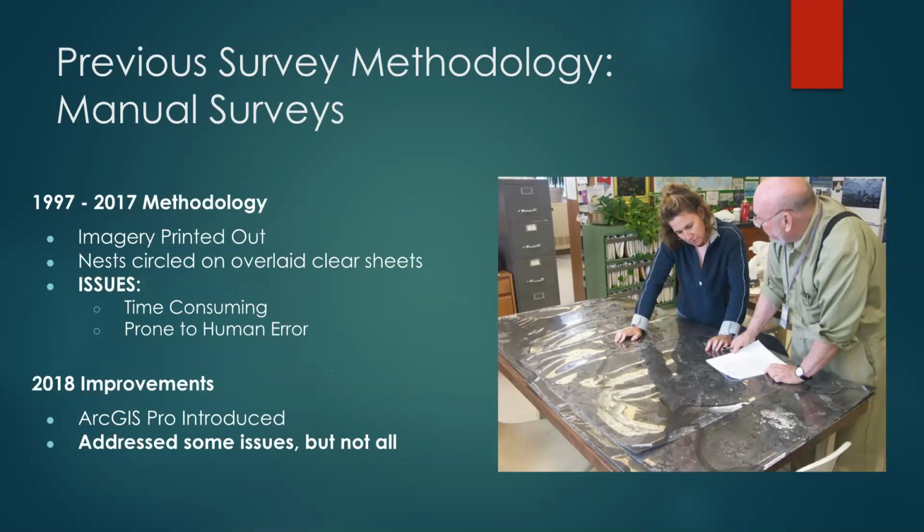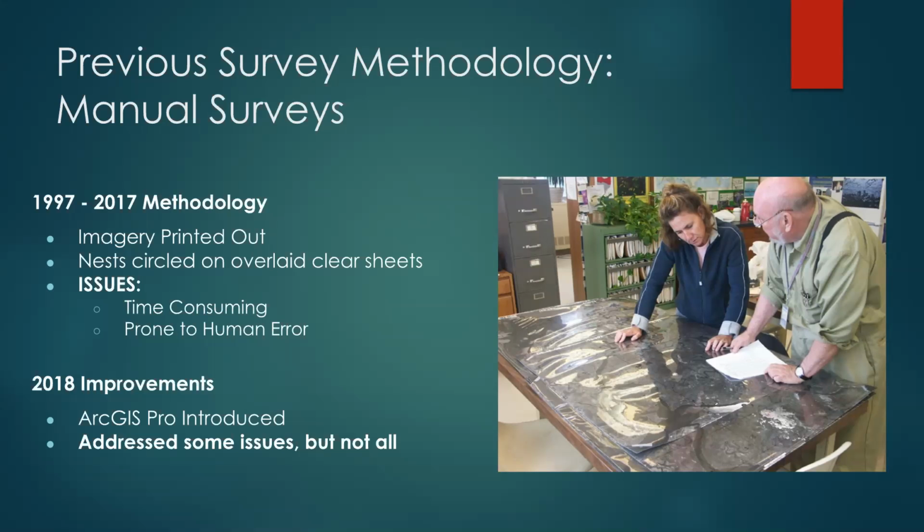And this was supplemented by a triennial ground truthing survey to determine a correction factor that would be applied to the final estimate. Now, there are two big problems with this method. As I can attest from personal experience, it's extremely time consuming to do this, and it's also prone to human error. You might miss nests in the imagery when you're looking for nests during your initial search, and you may miss nests when you have to go back and total each grid cell for the imagery to determine the final